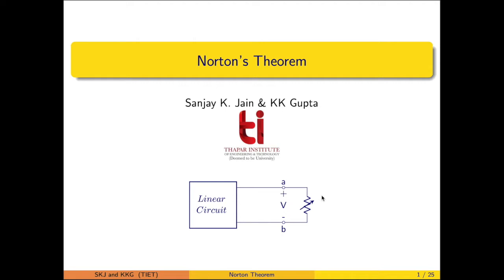If we make a comparison with the mesh or the nodal method, we have to write the set of equations and find the solutions whenever there is a change in the load resistance value or a change in the circuit element value. Instead of going for that solution by the set of equations, the linear circuit, consisting of circuit elements, independent sources and linear dependent sources, is represented by one standard equivalent circuit. So we can calculate the load current simply in a single step without going for the formal solution by the set of equations.